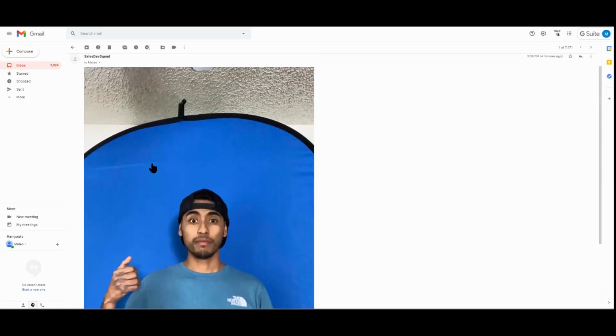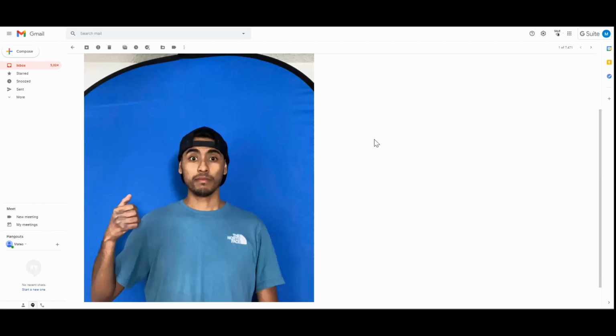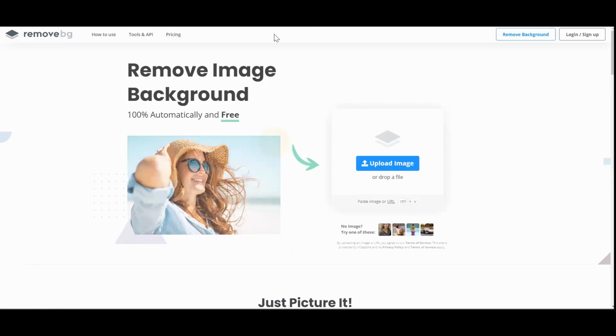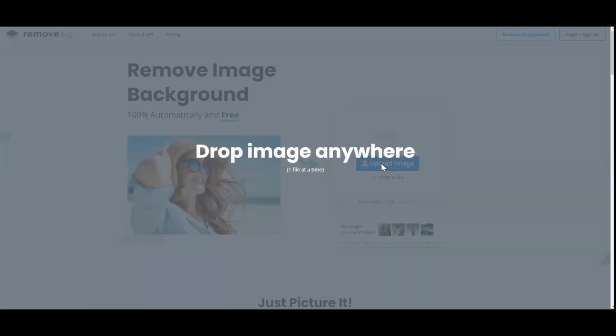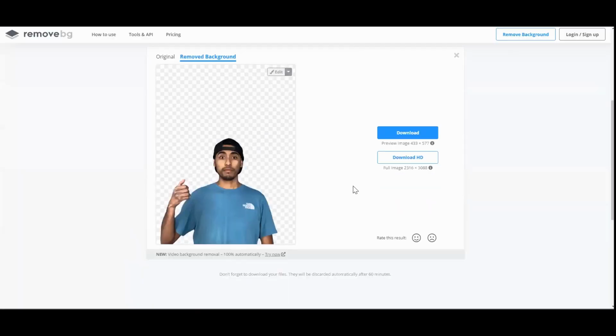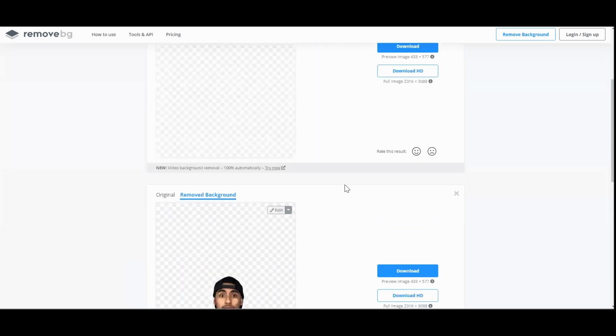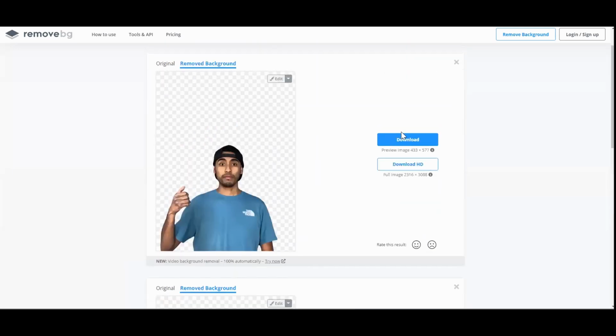And again, you're probably thinking, you have all this up there, you have the blue screen. I understand, but remove.bg is actually going to crop me out completely, and we're going to take that photo and put it into Canva. So once we have that photo downloaded, we're going to go to remove.bg, and we're going to drop this photo in right here. As you can see here, the work was already done for me, and all I have to do is download. So just like that, in 2 seconds, I have a PNG version of me